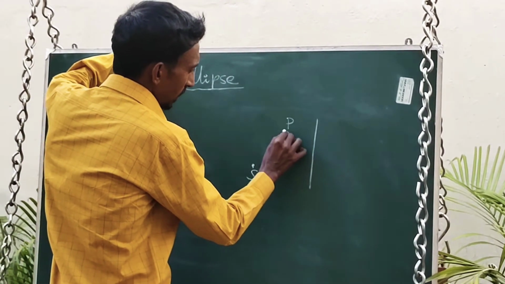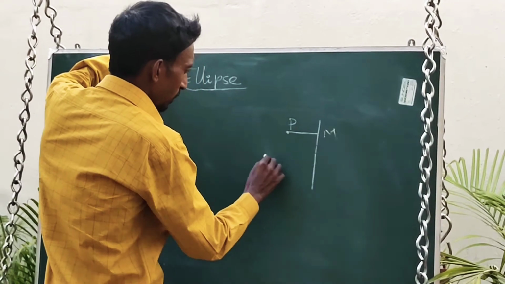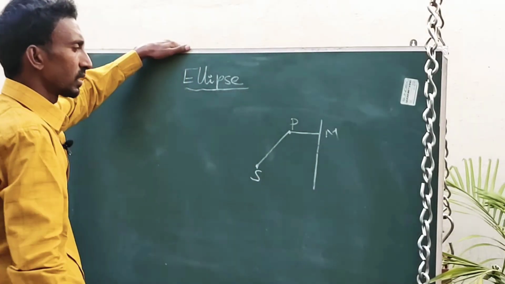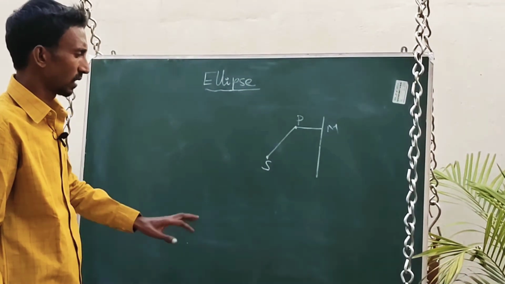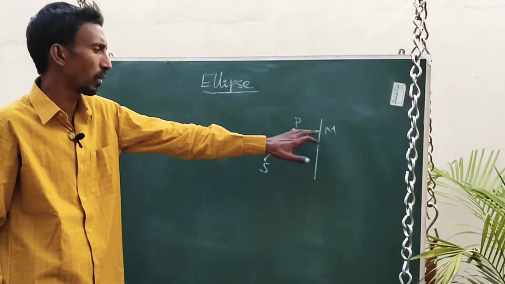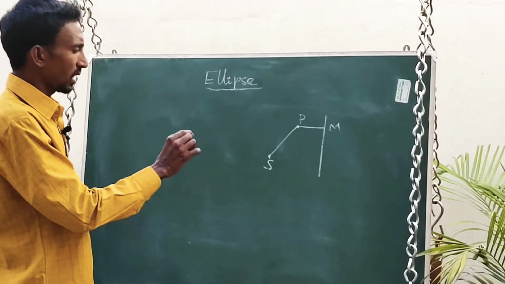So what is the condition here? SP by PM is less than 1. According to this condition we assume the three important things: a fixed point, a moving point and a fixed line. Here the construction is